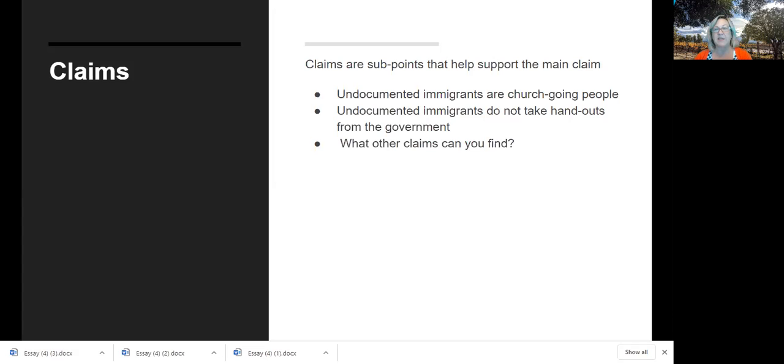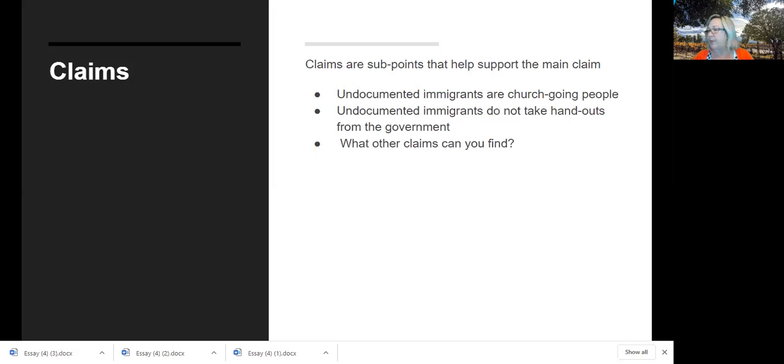The main claim is the argument, and the subclaim helps support the main claim. I wrote a couple of those there. Undocumented immigrants are church-going people. Undocumented immigrants do not take handouts from the government.